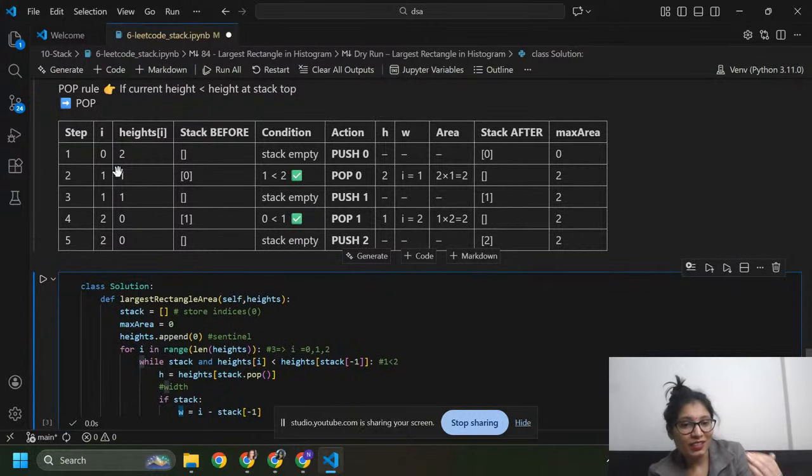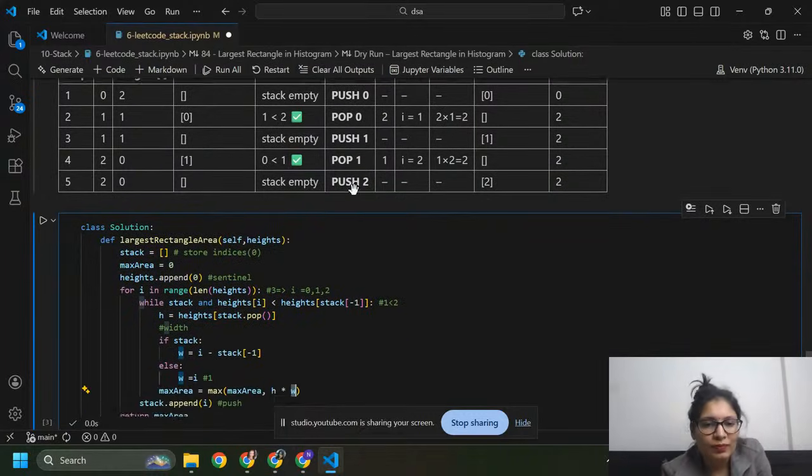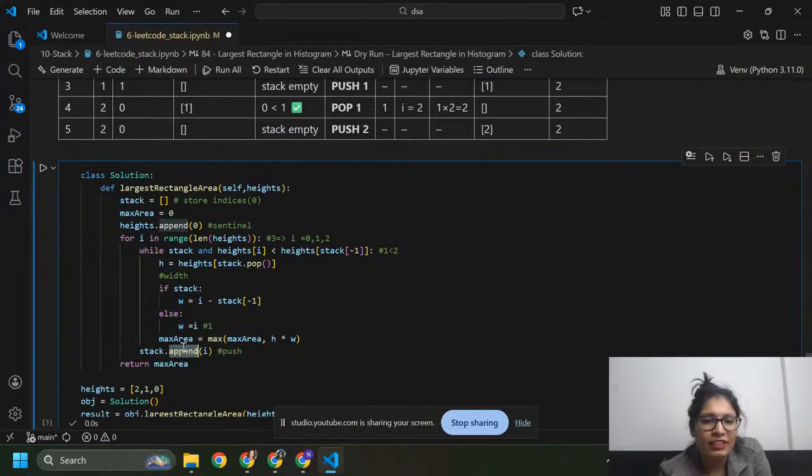I'm going to take another example: 0, 1, 1, 2, 2, 2, 2. Again, I am going to take 1, 1, 1. So height is 1. Now the stack is empty, so we are going to push one element, that is stack dot append.